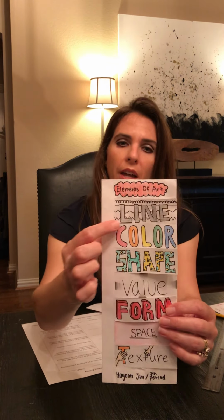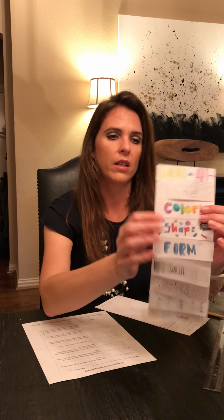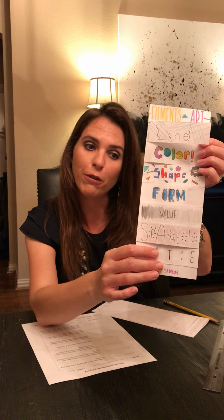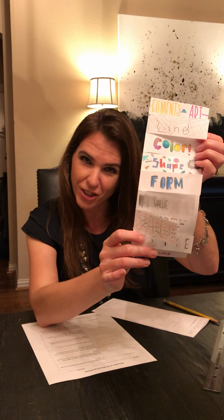So when you go and create your line on here, I want you to make sure that you are doing some sort of line design. You're incorporating line into the design, okay? And then the rest are color, shape, form, value, space, and texture. So when you do texture, I don't know if y'all can tell, but this kiddo did texture on a different piece of paper and then glued each letter over the top,